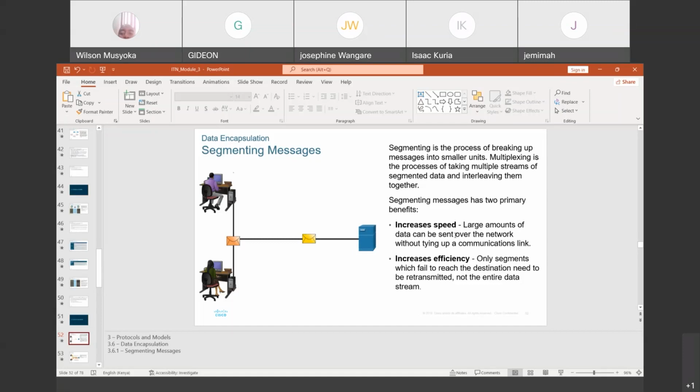Interleave is like you see one message stream or one segment is following the other. So it's like we have broken down the message into different segments and they follow one another. That will increase the speed and improve the efficiency.